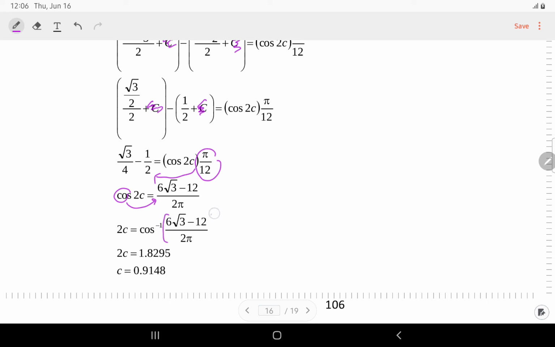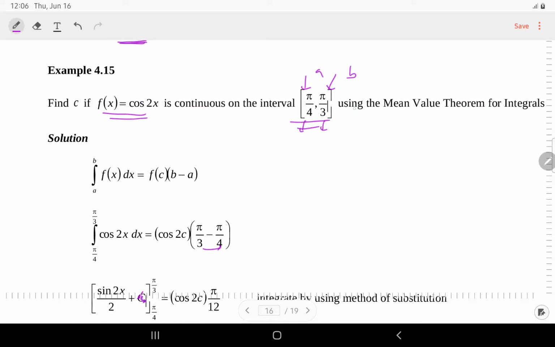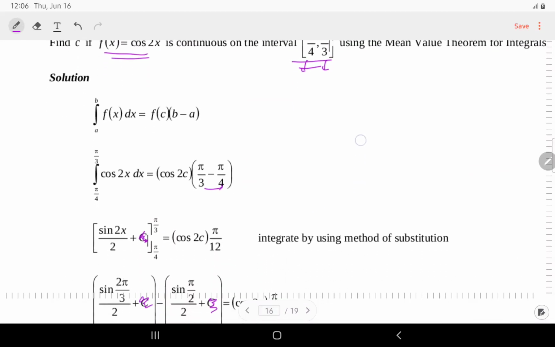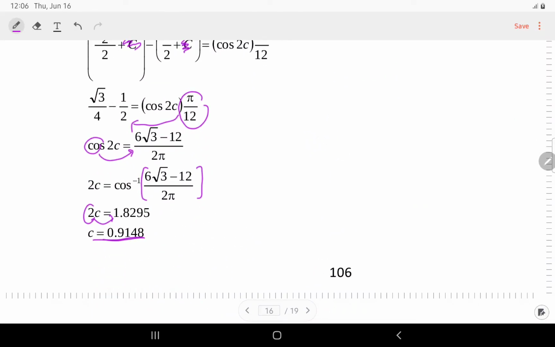Okay, so nanti dapat ni jawapan dia bahagi dengan 2, 2 bawa ke sana bahagi dengan 2. So dapat nilai, satu nilai sahaja akan keluar dekat dalam kalkulator. So kita pastikan nilai yang dapat ni 0.9148 ni antara pi/4 dan pi/3. Okay, so that's all for